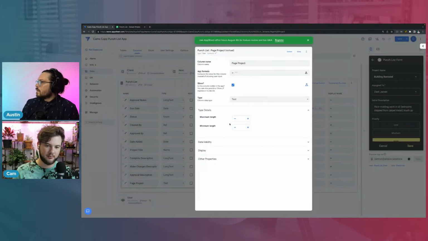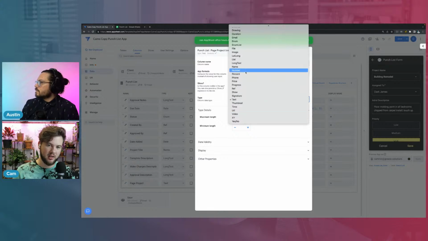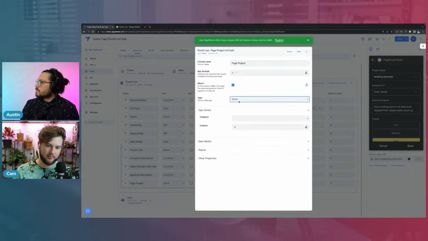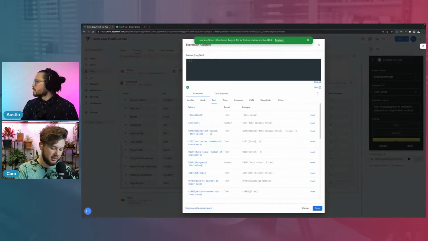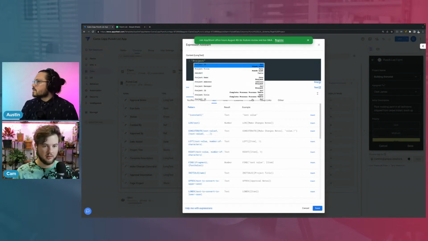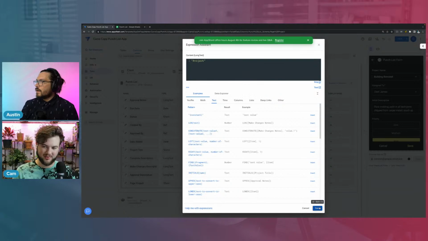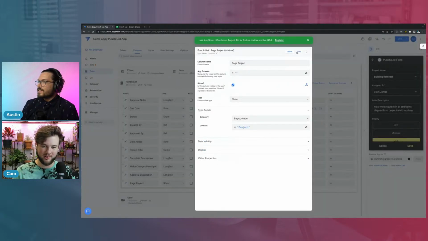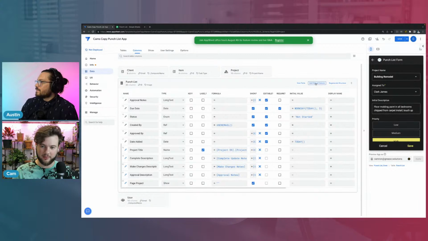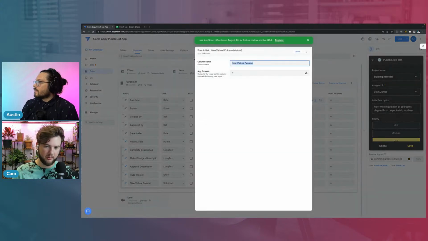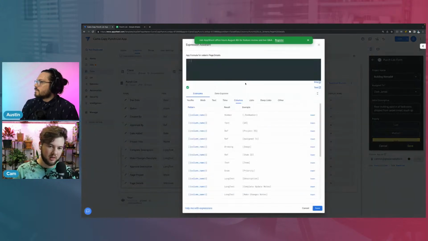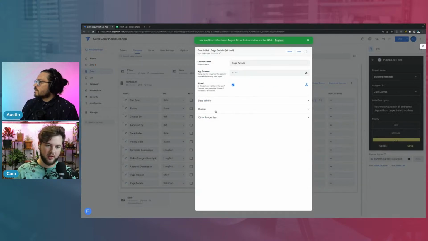save. And then if we go ahead in here and change this to a show column, we can change the category to a page header, and then we can change the content to, you said it was project? Yes. Okay. Do you remember the other 2? I know the last one's record. Yes. The next one is details. Okay. So then we're going to add another one, and we'll call this one page details. We're going to go ahead and go here, do a null string. And then for